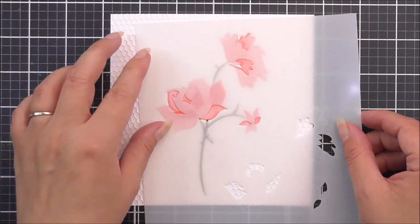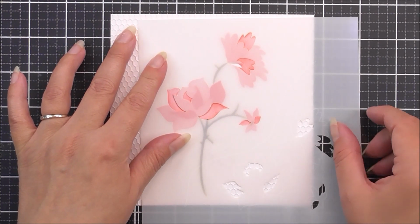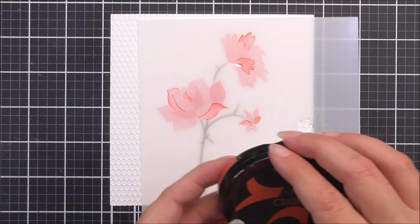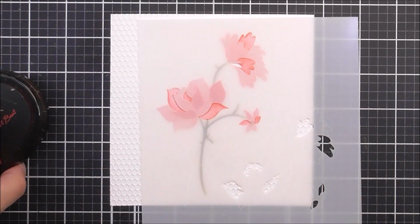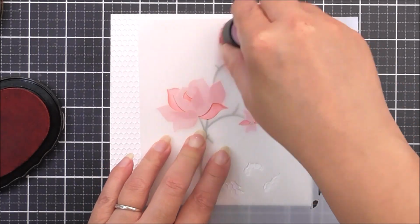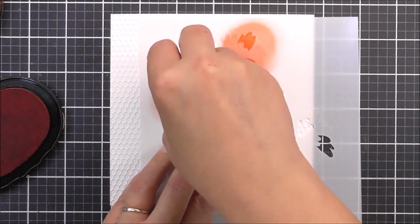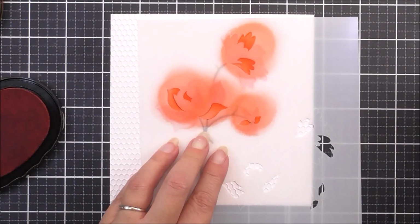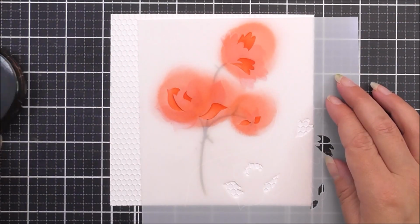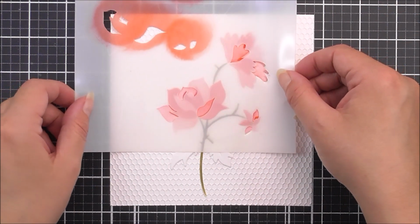And for this one first, I'm just going to add in the top part that has some of the petals of these flowers in here. For the first time round, I am going to be using the Heartbeat ink. So I'm just going to add that through, and I'm adding kind of a light wash of this colour through the stencil this time. I can then move the stencil up, add that into place onto some more of the different petals that we have on the flowers,